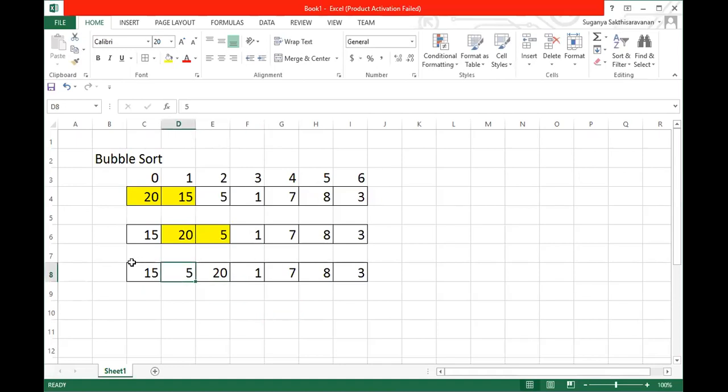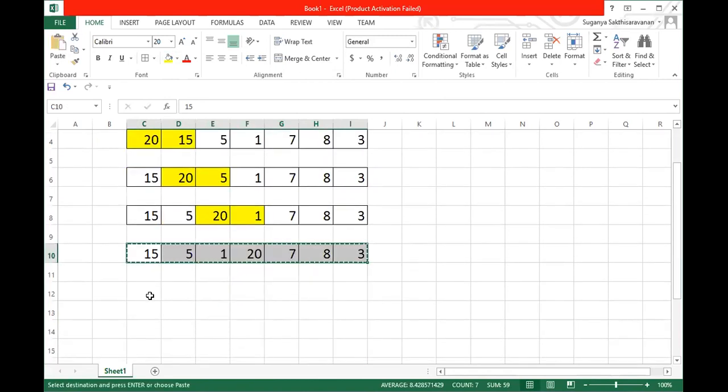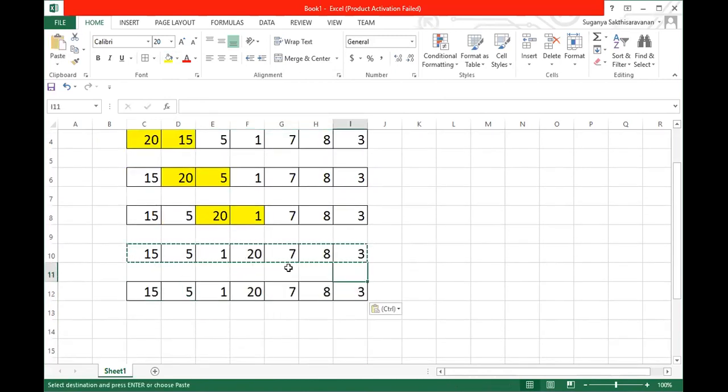And again, what happened right now? 5 is brought here. Now these two elements will be compared: 20 and 1. So 1 will be brought here. Swapping happens between the next two elements. Now 20 and 7 will be compared. So 7 will be brought here and 20 will be moved here.